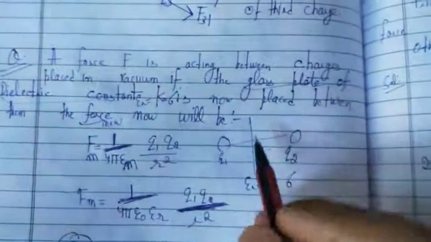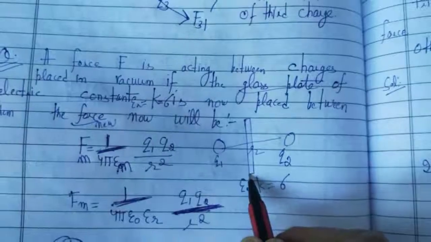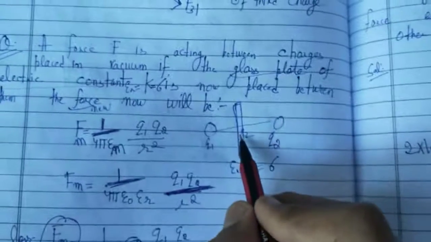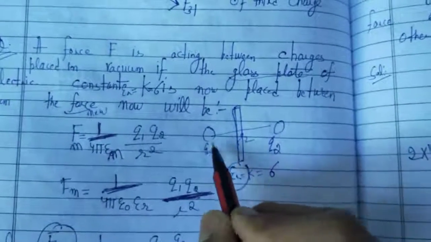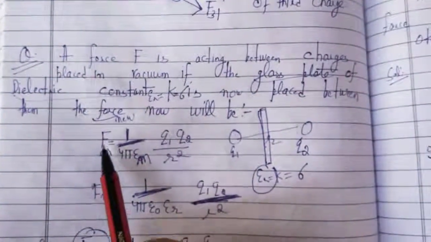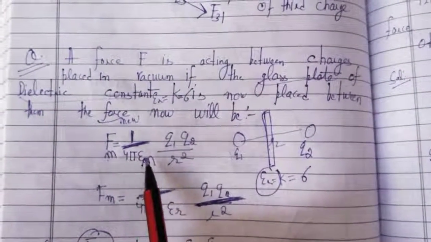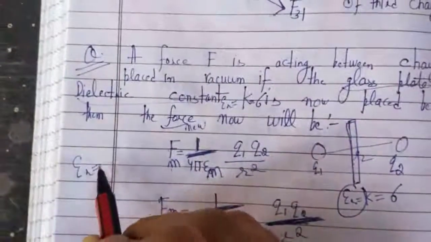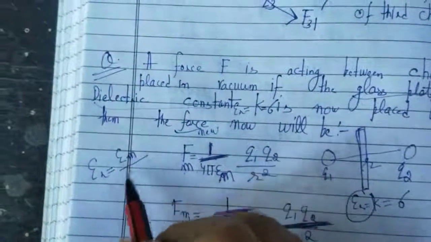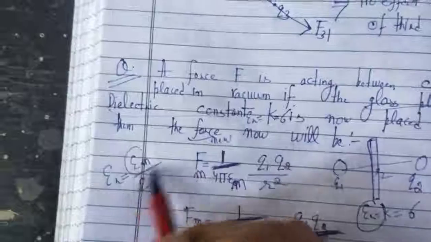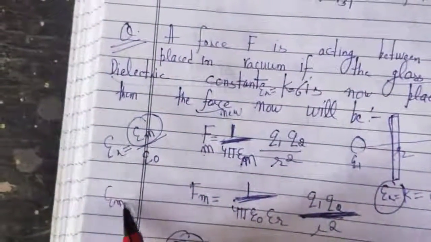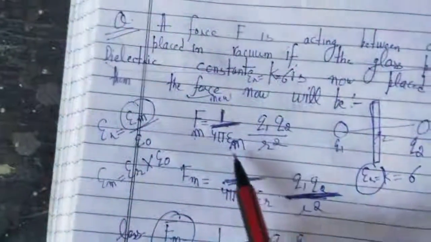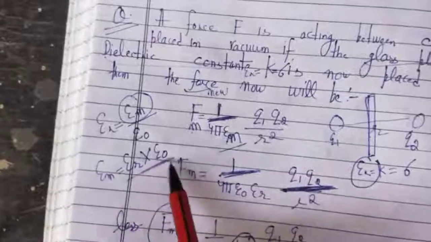That means force is going to get affected, because this is a kind of plate, so this is going to absorb some of the electric field strings, and if the permittivity is going to change, force is going to change. So what is the value of Coulomb's force in a medium? Fm is equal to 1 upon 4 pi epsilon m, q1 q2 upon r square. But we know that relative permittivity is the ratio of permittivity in medium upon permittivity in free space. And what is the permittivity of a medium? Permittivity of medium is equal to relative permittivity into permittivity of free space. So where permittivity of medium is coming, you can write these two factors. So we have written this.